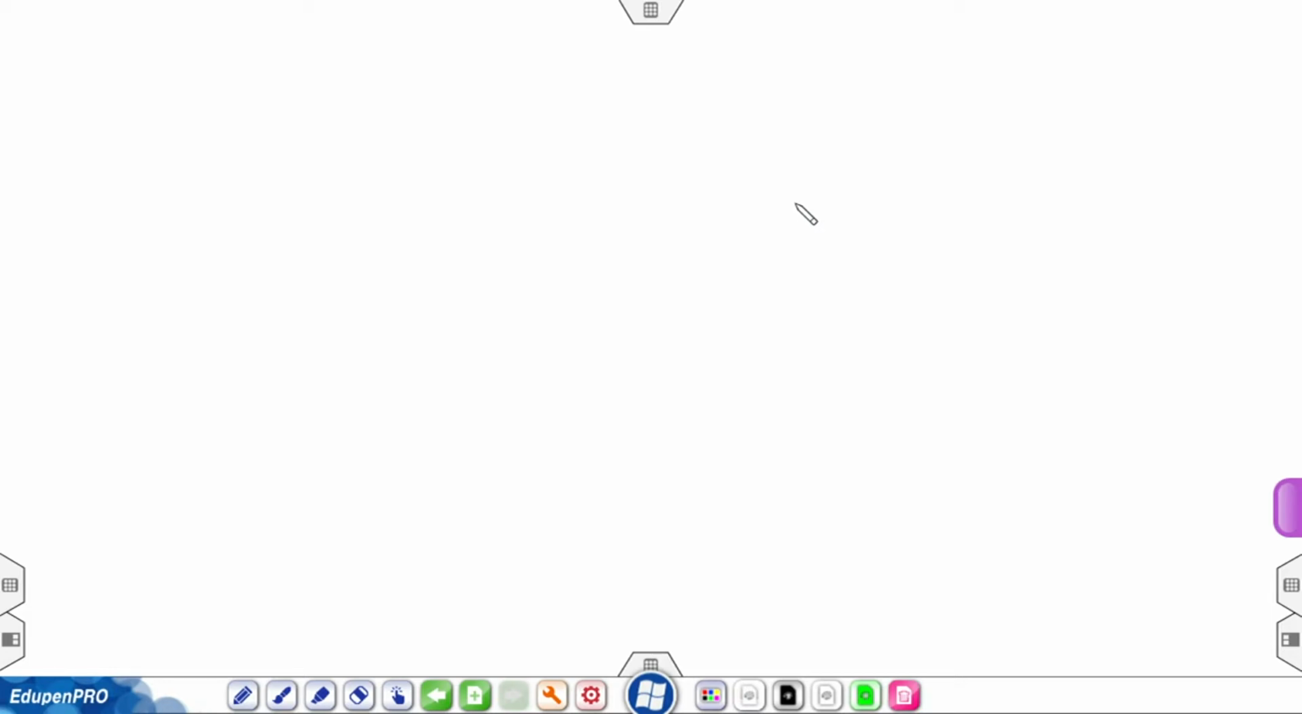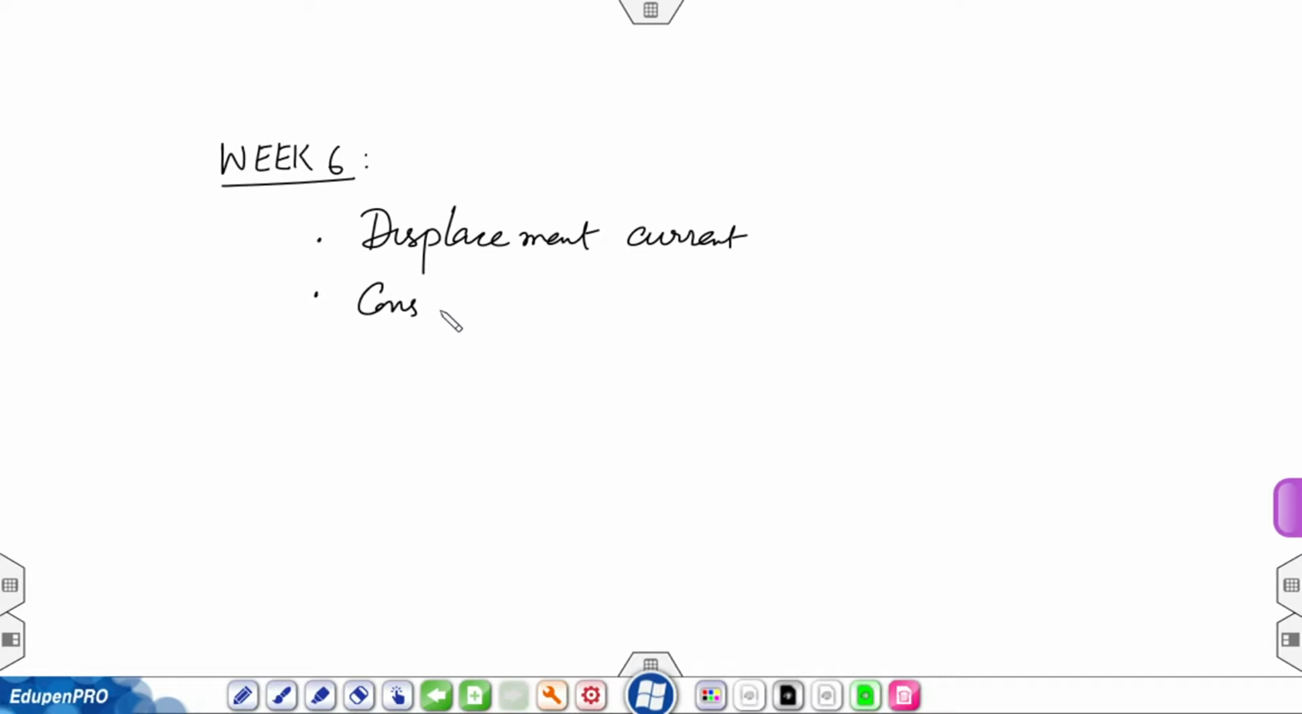So, we are done with the concepts for this week, week 6, and in this week we learned about displacement current, we learned about conservation laws involving electric and magnetic fields. Then we also learned that E and B, or let me write this, EM fields carry